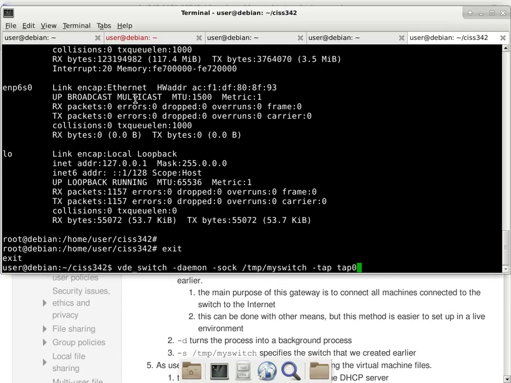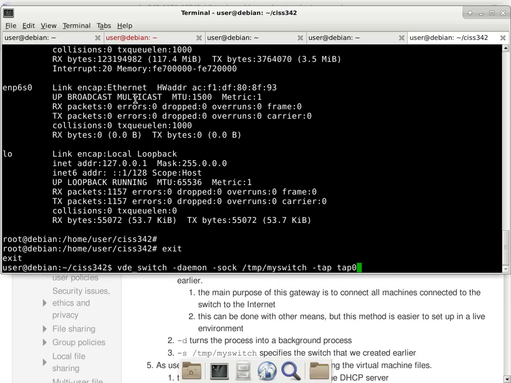So we're leaving root and going back to regular user. Correct. Because we can still turn on the switch as a user. That is correct. The virtual switch is actually running with the same privilege level as a regular user. If we can do something as a regular user, we want to do it as a regular user. We don't want to run things as root unnecessarily. So that's exactly why I'm doing it this way.